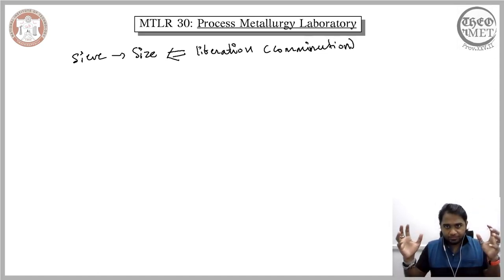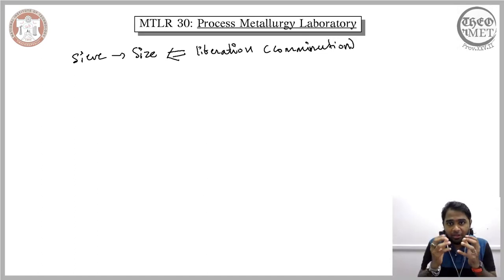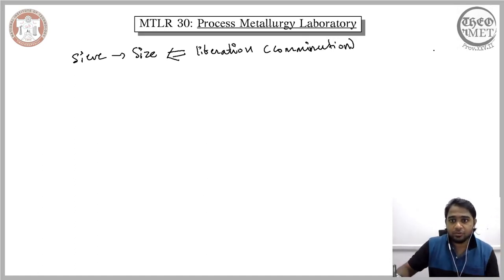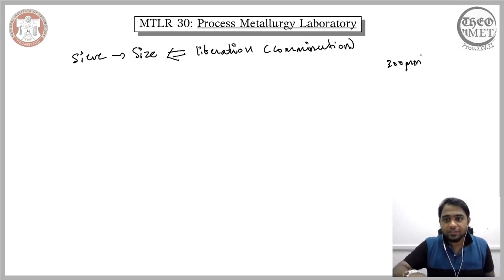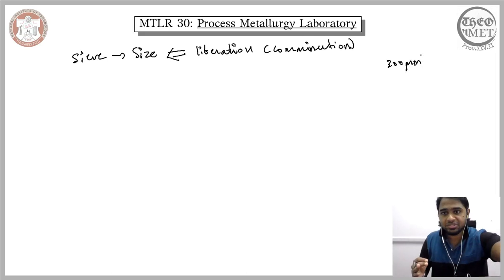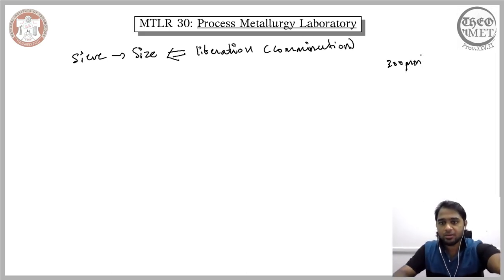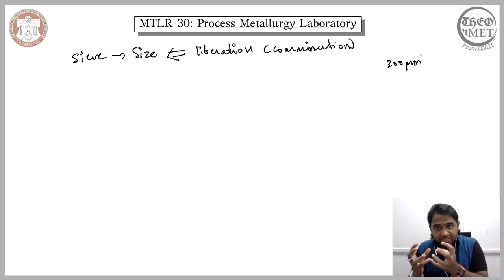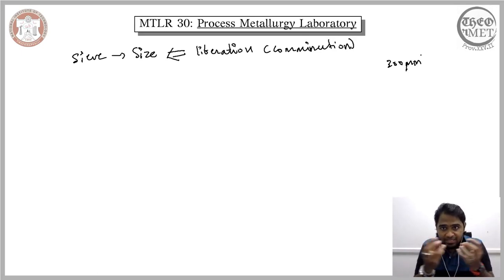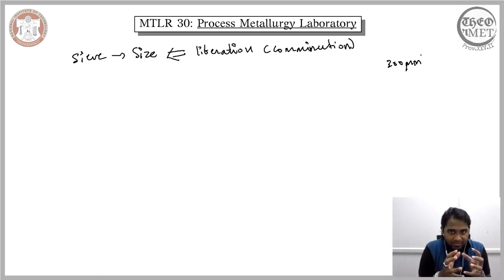Now if I have, say, a larger particle and I want to reduce it to, say, a size of 300 microns, and I adopt a specific technique for it, without measuring the size of the fragments that come out of this process of comminution, I will not be able to say the desired size has been reached, and this validation is done by the sieve analysis. So the input for the sieve analysis comes from the comminution or the liberation process.